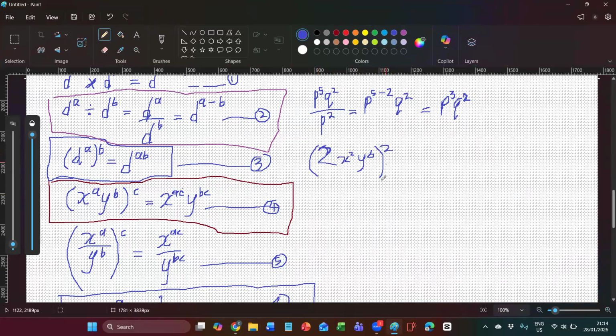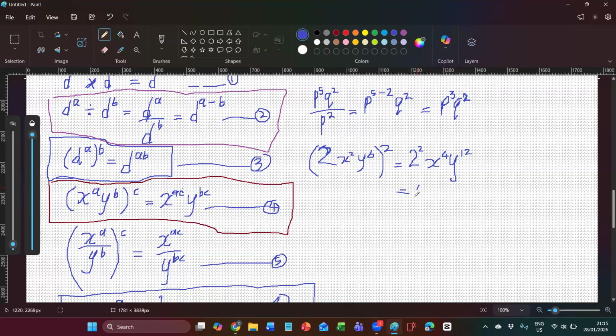I think so. What will happen to the 2? Can you tell me? The 2 will come on the inside. So we are going to start with 2. It will take on the 2 first. 2 raised to the power of 2, right? x raised to the power of 4, isn't it? Yes. And y raised to the power of what? Wait, is that 6? Yes, that's 6. Oh, and then it goes to a 12. Thank you very much. And our final answer is